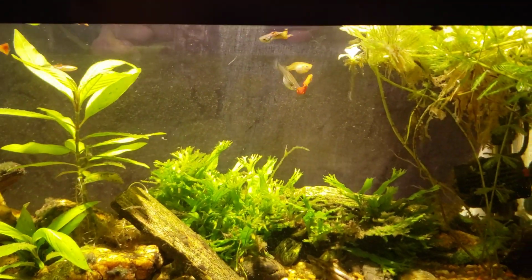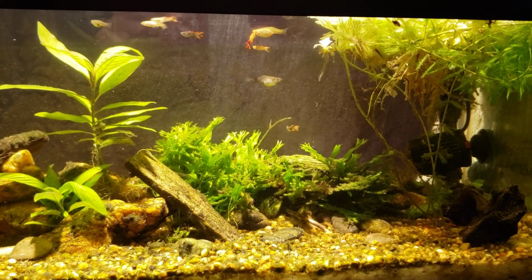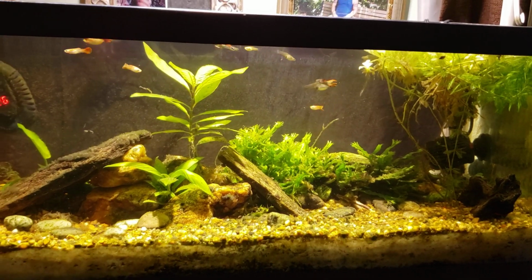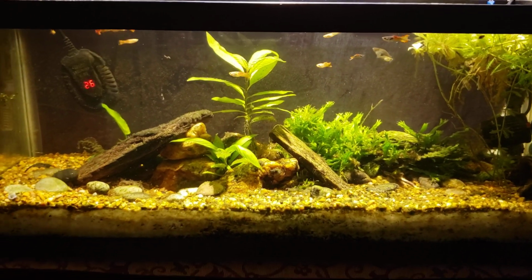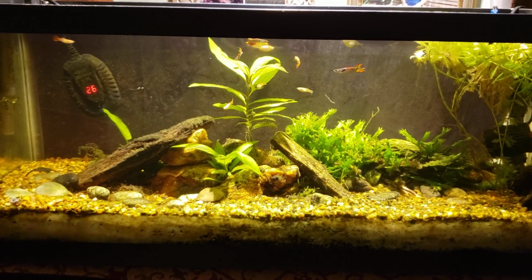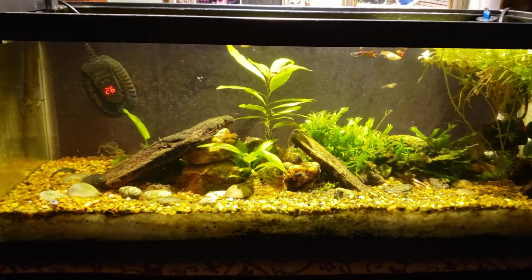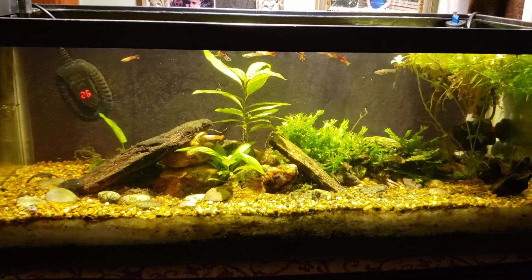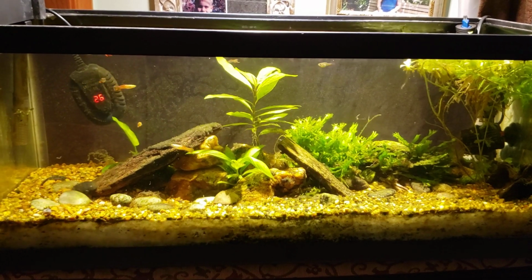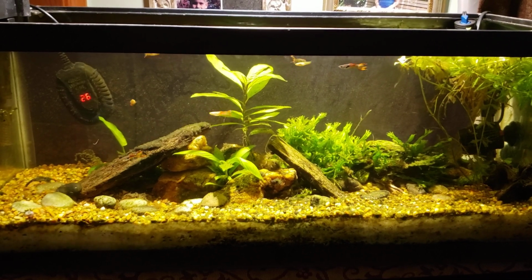And today, I scooped a bunch of them out while I was doing a water change, and I put them, well, they're not in it yet. They're downstairs sort of acclimating, but I'm going to put about 20 of those little guppy fry in Butterbean's tank, in my sort of formerly brackish tank. And we'll see what happens. I don't know if Butterbean's going to eat them, or if they will just become tank mates, or what, but there's going to be a whole lot of baby guppies in Butterbean's tank here by a little bit later this